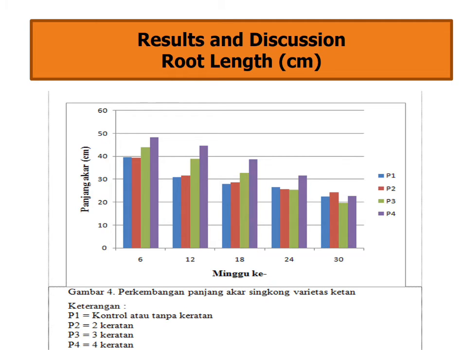Root length is the result of the extension of the cell behind the root tip, because in this area there are 3 growing points, namely the division, elongation, and differentiation area. However, the treatment with the number of fork cuttings gave a higher root length growth result in the vegetative period